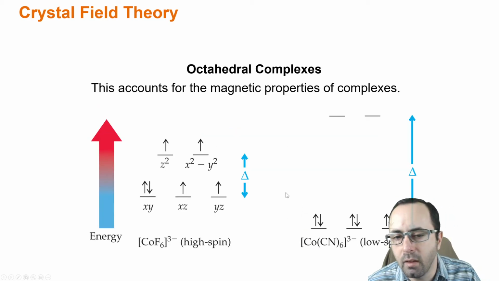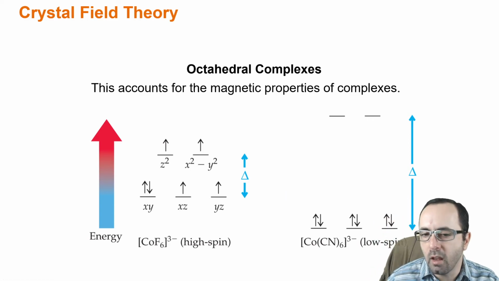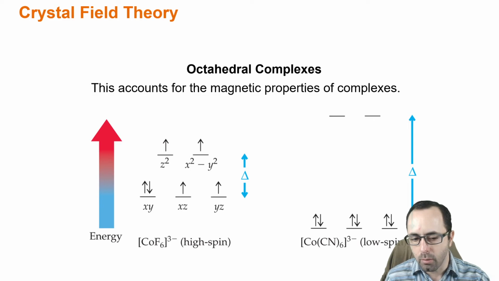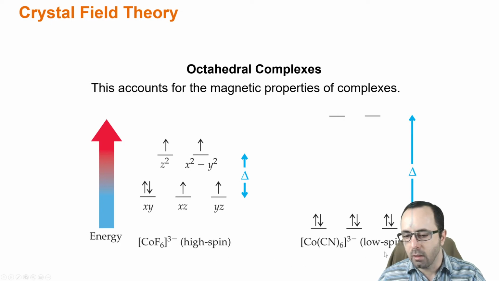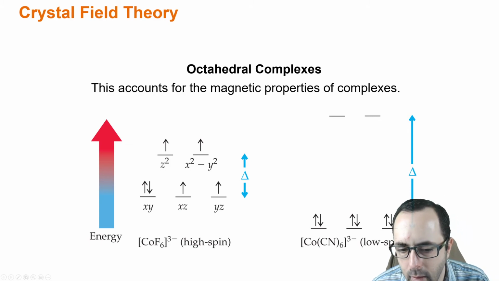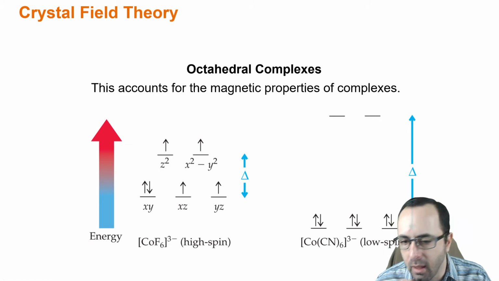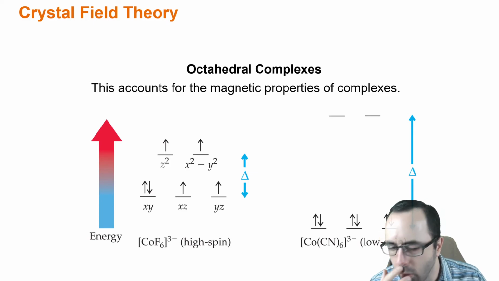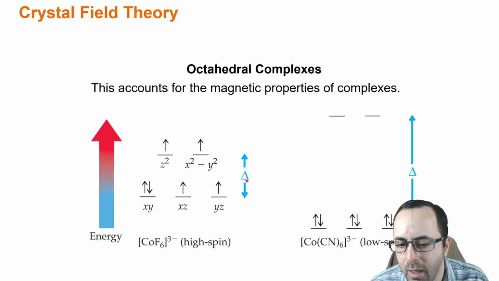So this also takes into account not only the color properties, but the magnetic properties of low spin and high spin. So previously we had used valence bond theory to show the hybridization in a high spin complex versus a low spin complex, but we did not have any explanation for why they were high spin or low spin. And crystal field splitting theory gives you a great explanation for why they are low spin and why they are high spin. So because the fluoroligand is a weak field ligand, these electrons can very easily pop up into the